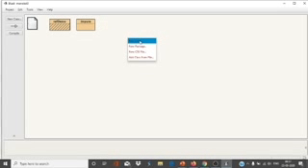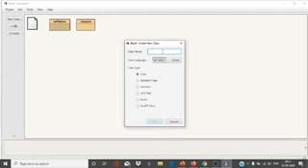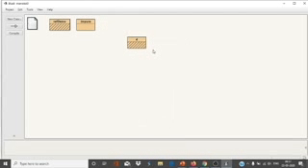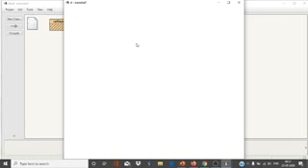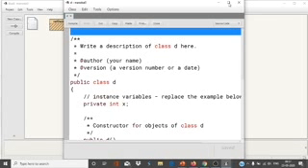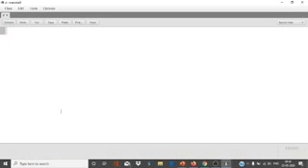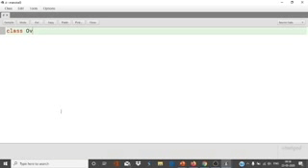Take a new class, open it, and delete the existing code. Now start writing the program. Suppose class overload.